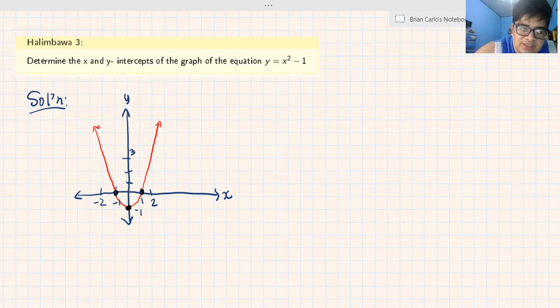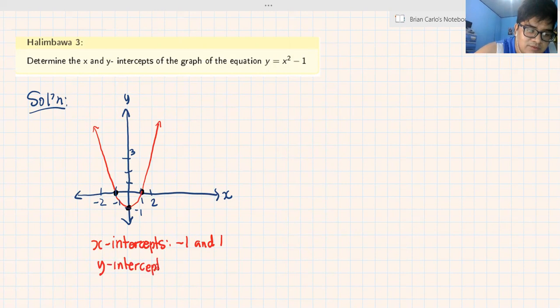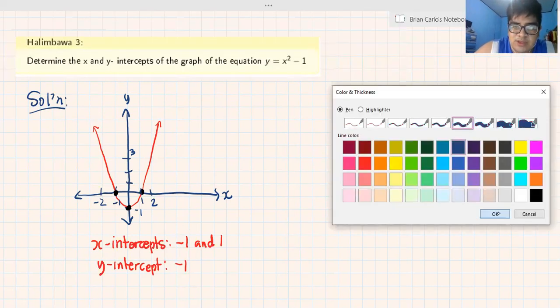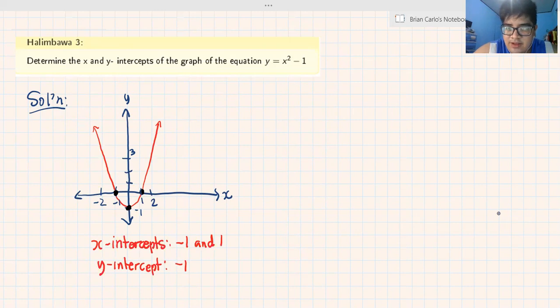Visually, we can say that the x-intercepts, di ba, by the graph, this is negative 1 and 1. Tama? And the y-intercept visually is negative 1. Tama ba? Let's verify this by doing the method na ginawa natin. Visually, okay siya. Nakikita natin eh. Ganyan ang graph niya eh. Ngayon, for the x-intercepts,